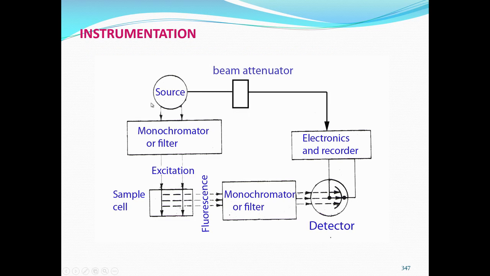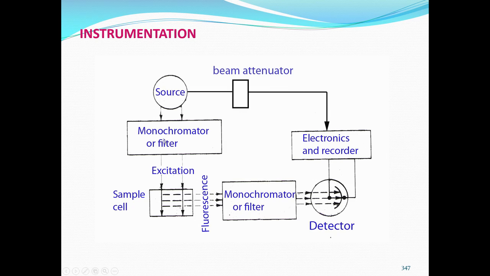And now, having learned so much about fluorescence, we can look at the instrumentation in a fairly quick manner. What we need basically is a source of light, and then a monochromator or a filter, which I need to choose the excitation wavelength. Then I have a sample cell here, and the job of this monochromator is to provide